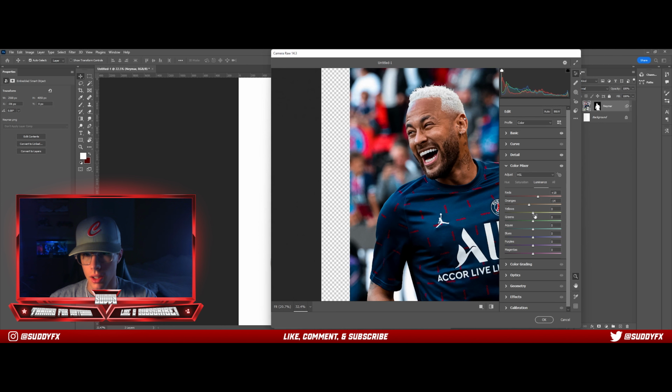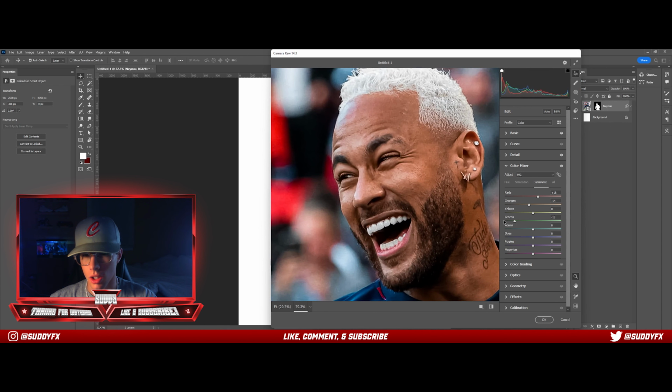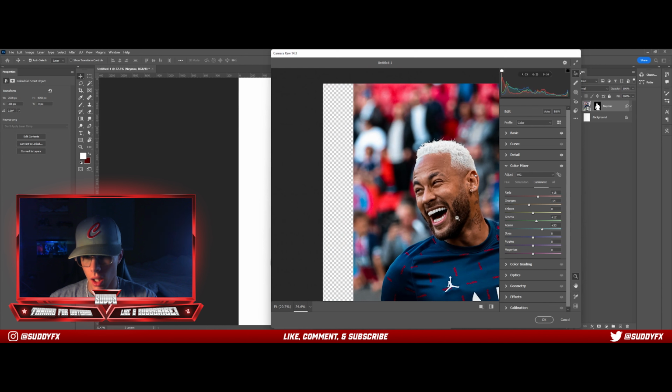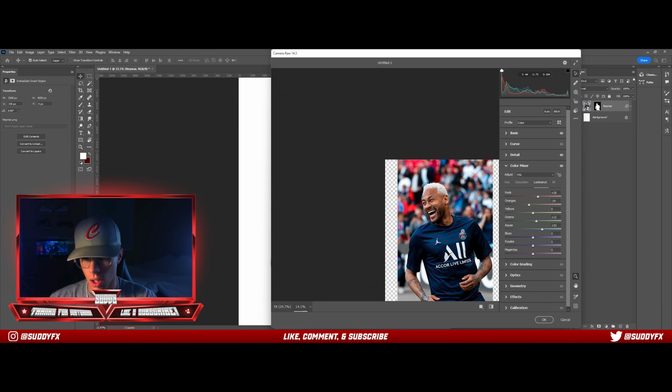But as you can see, the greens are affecting his hair up here, so I'm going to bring it up slightly so it's more white and gets rid of the extra color. Same with the aquas. Now for the blues and the purples, I'm going to bring up the purples quite a bit because that's more of the highlights rather than the